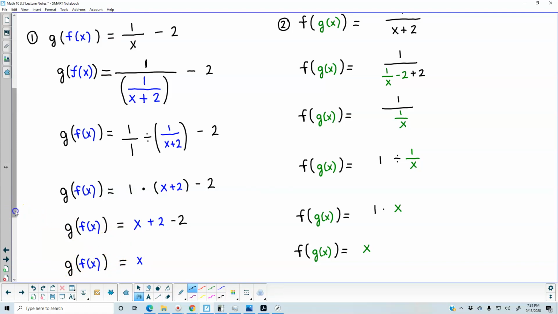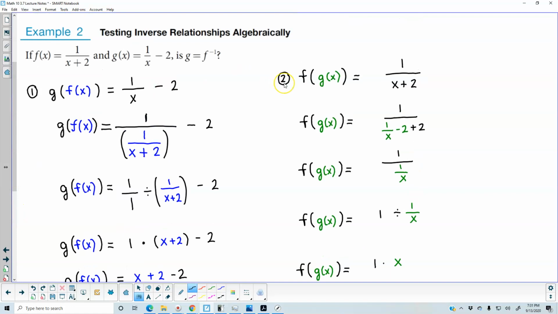Now, in order for them to be inverses, we have to do step 2, and now we need to take f of g of x. Now, the function f is 1 over x plus 2. And now we're going to put the input g of x in for x. Well, g of x represents 1 over x minus 2, so we're replacing x with 1 over x minus 2, plus 2. Now, minus 2 plus 2 gives you 0, so what's left is 1 over x,